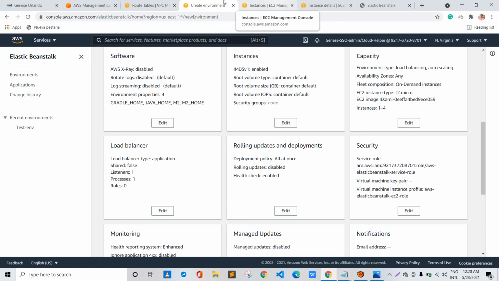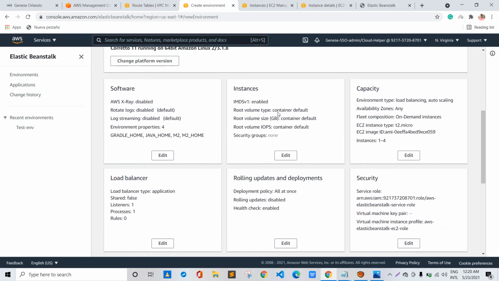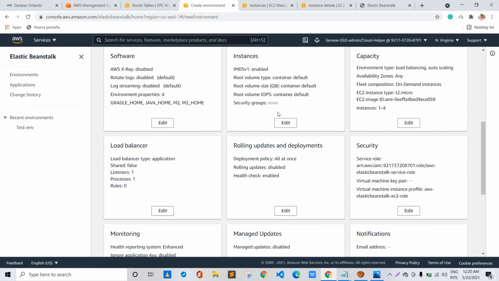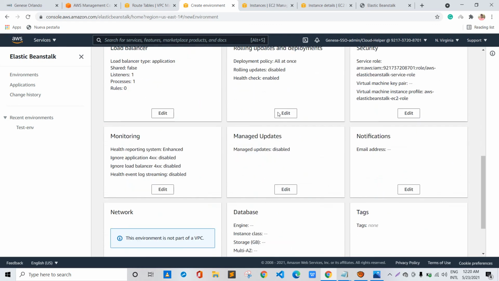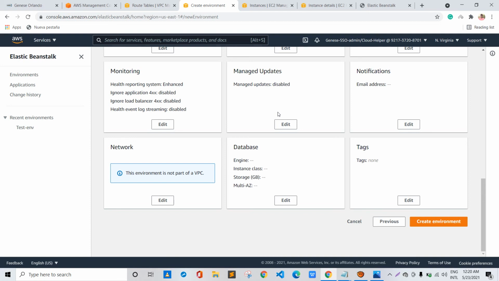So you don't need to manually go and create each and every resource or have knowledge about how to create them. You simply need to have specific requirements, the things that you need to deploy, such as how many EC2 instances you want, auto scaling or not, whether you want databases or not, whether you want a load balancer or any other specific requirements. Then you can choose from the drop-down menus present in the Elastic Beanstalk options, and simply click on create environment, and your environment will be ready in a few minutes.